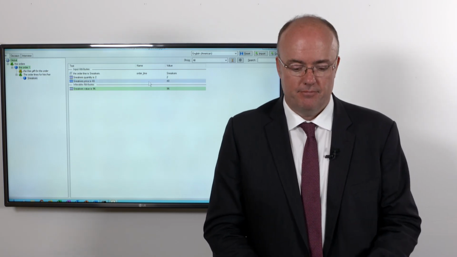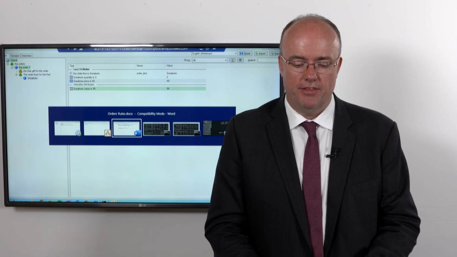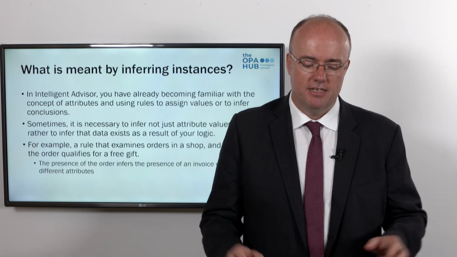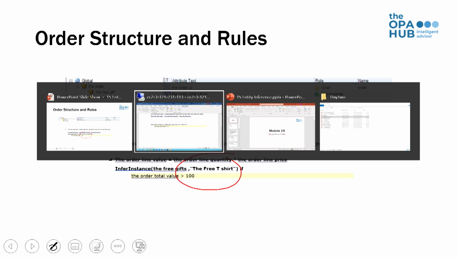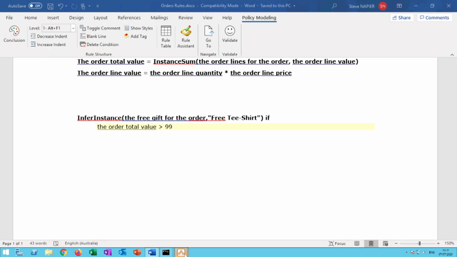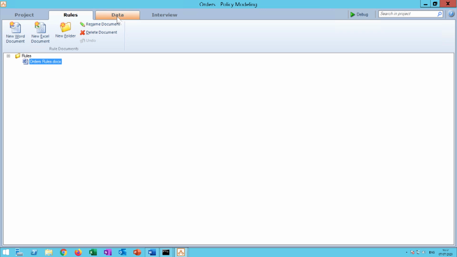So aside from me getting terribly excited about that, what does this actually mean? It means, first of all, here's a summary of what we did, nothing very complicated. We inferred the existence of the free gift. The free gift in quotes, which you can see right here, I'll just show it to you with my pen. You'll remember from your previous chapters about entities that when you create an entity, and I'm going to switch back to the application one final time now, when you create an entity in the modeler,